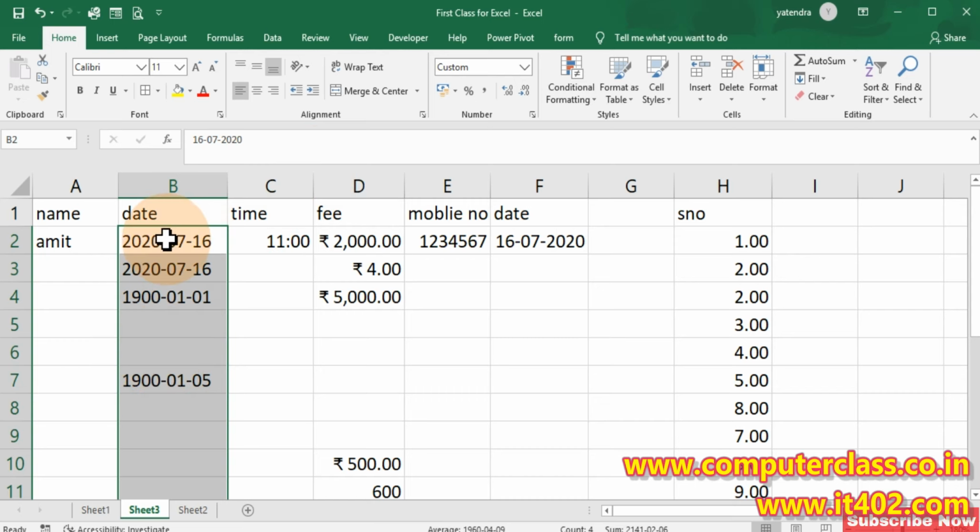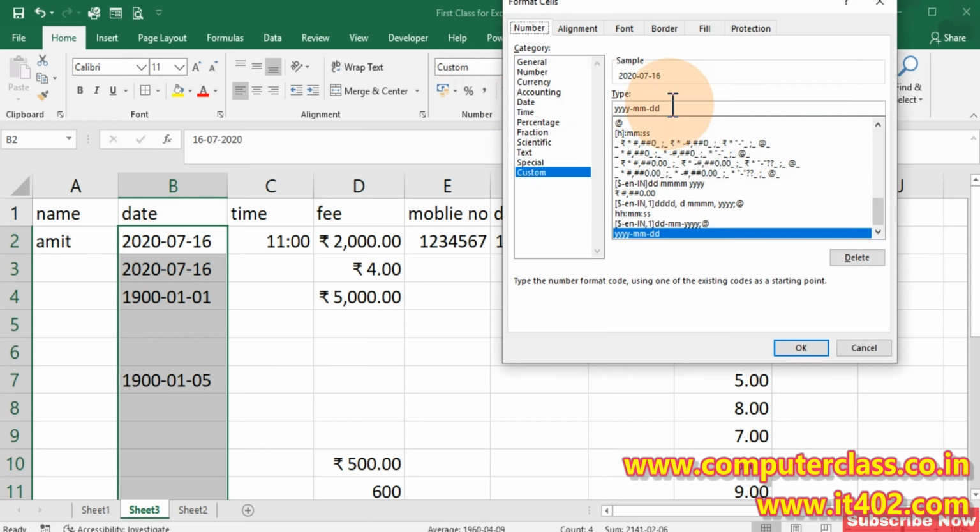Or if we are facing the problem that the year is coming first, then month, and at the end the date, but we want date, then month, then year, just select that particular cell range, go to the settings, go to Custom and change this format. Just select this one and write dd mm yyyy.